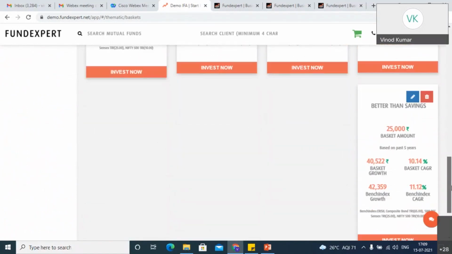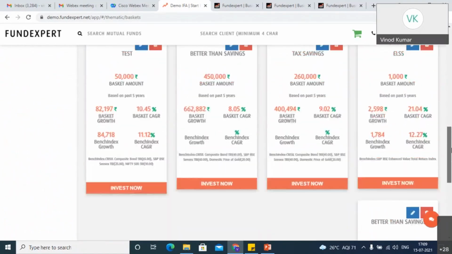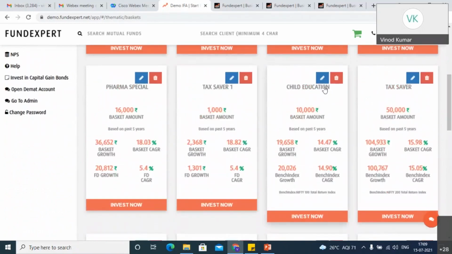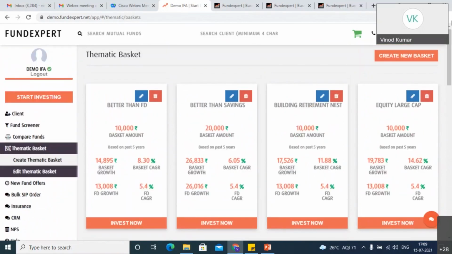So if you want to suggest any of your clients, you can just mention the basket name. See, there is a basket called child education. You can directly tell him to go select that and invest. He can directly go to the child education basket, click invest now, and do the investment there. So this is for you to do the advisory, or to create your own baskets. The client himself is choosing that. For all this purpose, you can use it, and you can even delete the basket anytime, or if you want to update it or make some modifications, even that is possible here.